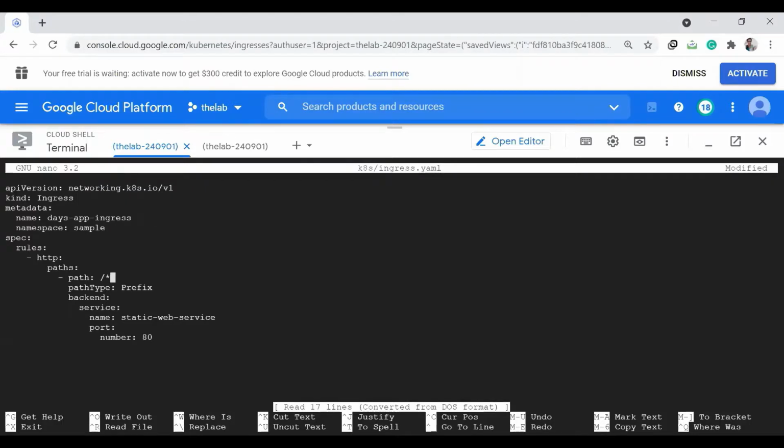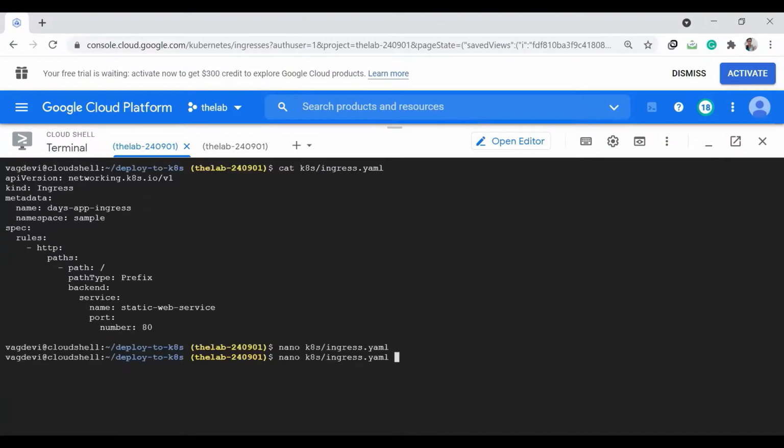So this means anything that appears after this root, and save it, and then apply it again. kubectl apply -f k8s ingress. Okay, or also just write ./deploy.sh.